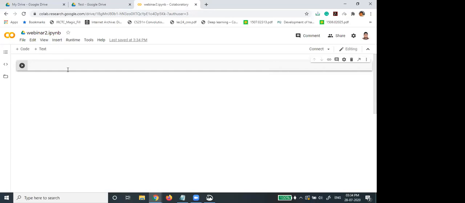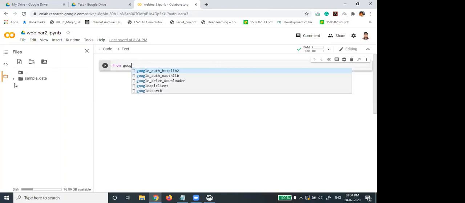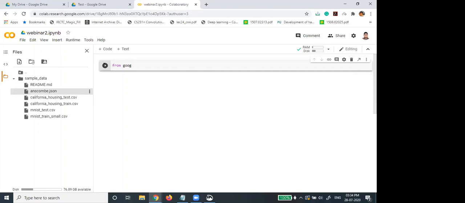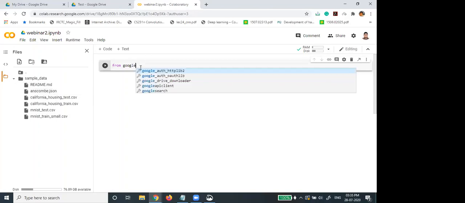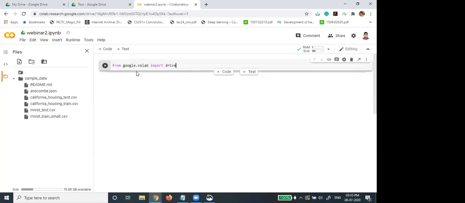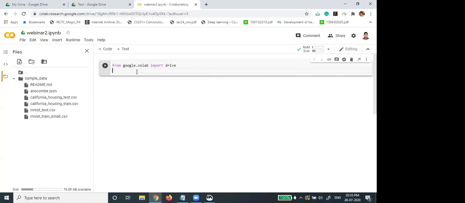Now we have to mount Google Drive in this notebook. See here, my Google Drive is not here; sample data is there, but nothing from Google Drive. So you have to mount it. From google.colab import drive. Is my screen visible to all?